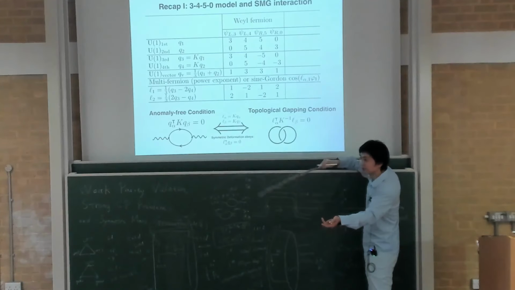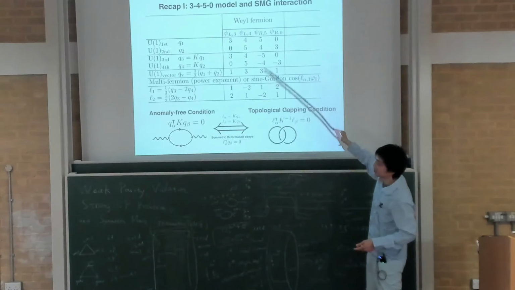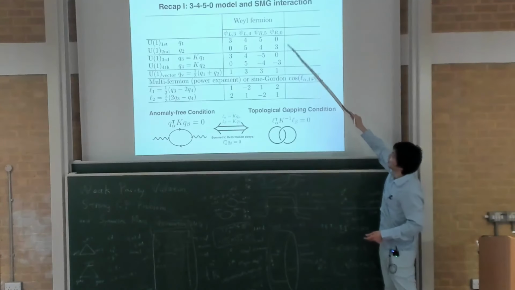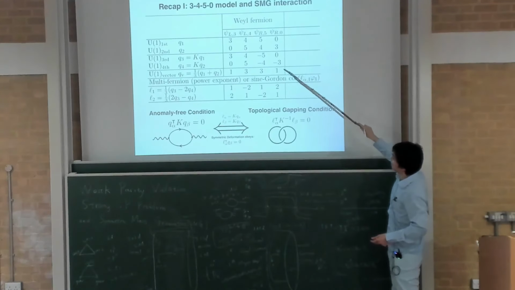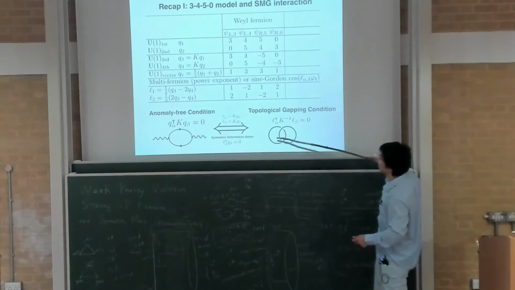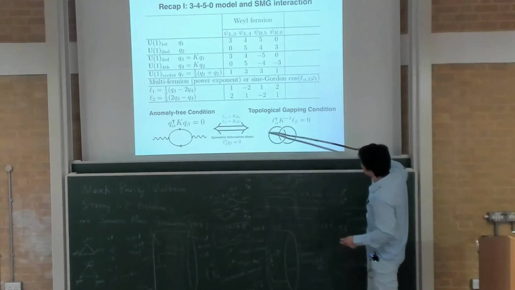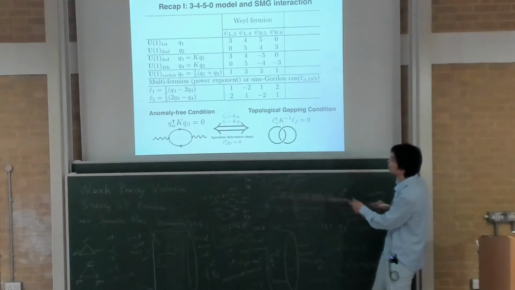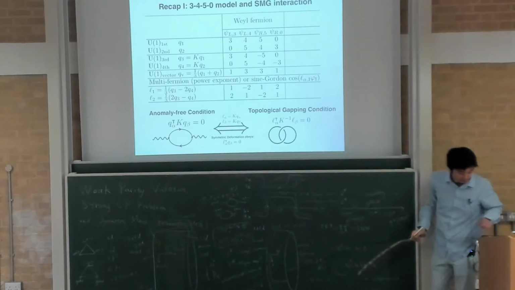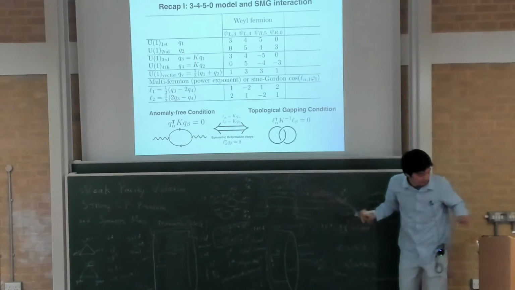So for string theory people, it's more like you are writing down the Narain lattice of a chiral boson theory, and these are four-dimensional Narain lattices, and they have two subdimensions, and there are some dual two dimensions. Such two-dimensional spaces have exactly two different conditions to satisfy, but they can map to each other. So this two-dimensional space and that two-dimensional space map to each other, and the two conditions are exactly mapped to each other. So the anomaly-free condition guarantees the gapping conditions. This is a subtle part.